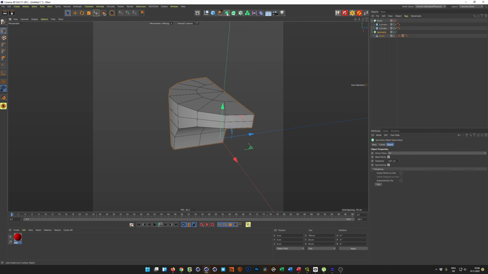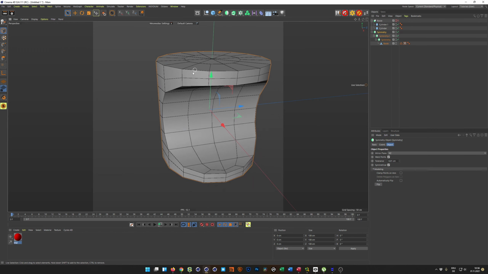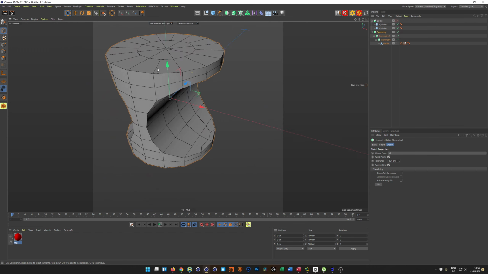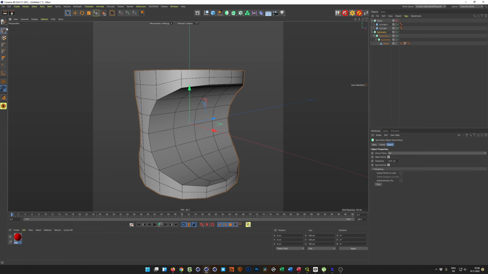So now you will always get the last thing you used. So make another symmetry, set this to XY, and you see now I have the symmetry here. So I don't have to search, I just click on it again, and we have this wonderful shape here,